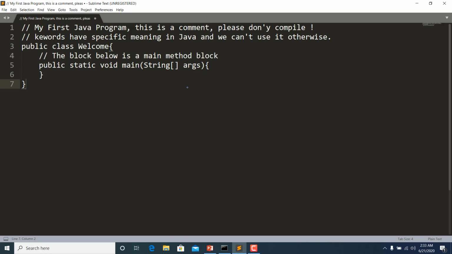If you already know about programming, then methods are the same as functions. In C, C++, and Python, we call them functions. So functions and methods are the same. In Java, we call functions as methods. So right here, we are creating a method block, okay,